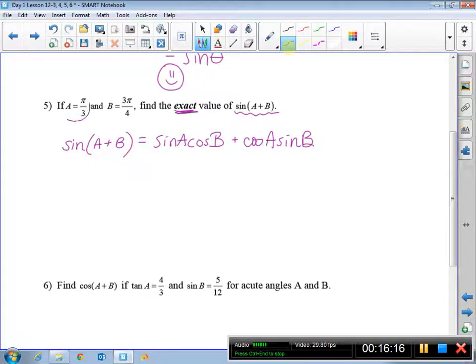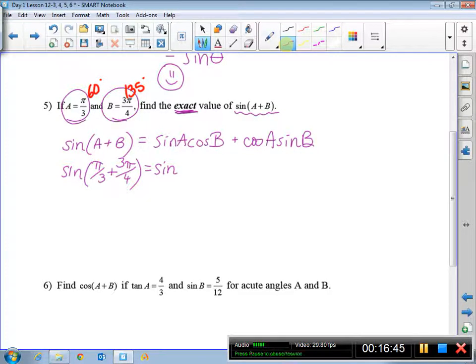They're giving us angle A is pi over 3, so we're finding the sine of pi over 3. They're giving us angle B, 3 pi over 4. So we sub in A. Now I know many of you would switch to degrees if you'd like to. That's 60 degrees, and this is 135 degrees. So sine of pi over 3, cosine of 3 pi over 4,